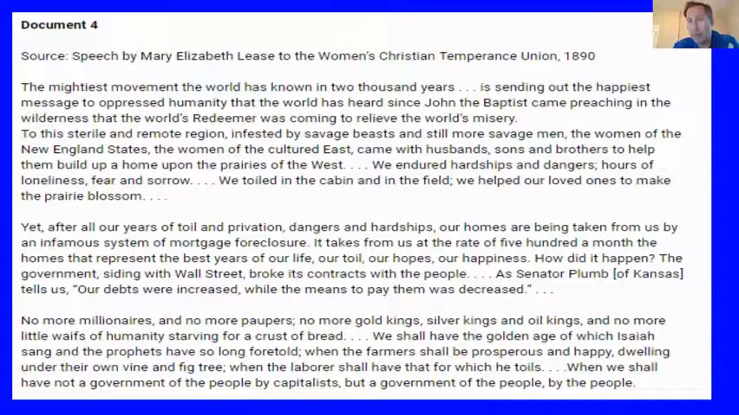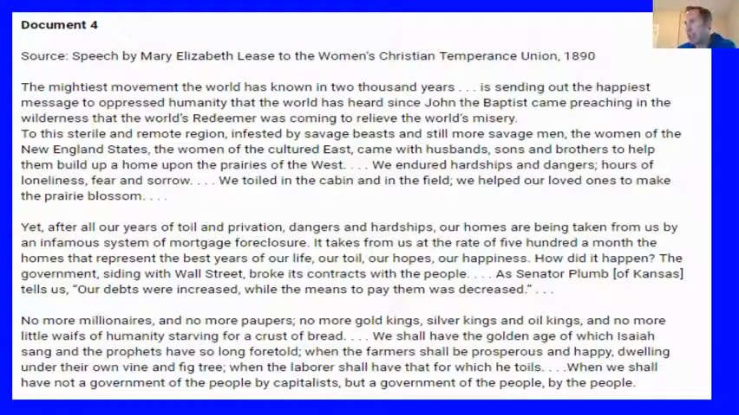Well, they wanted to stand up for small farmers. They opposed big business. They wanted the government to come in and regulate big business. And that's really what she's talking about. She says no more millionaires. It's an anti-business stance. She's talking about how the government